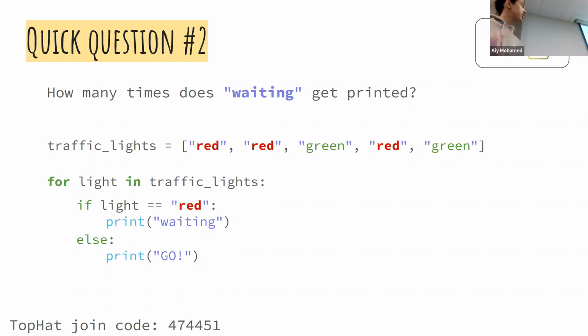So the first element in this list is red. So the light at 0 is equal to red. Awesome. So the first iteration will run through list at 0. It's going to look if the light is red. It sees that it's red, and so it'll print waiting once. And since there's no else if, it's going to jump right away outside of that for loop and then go